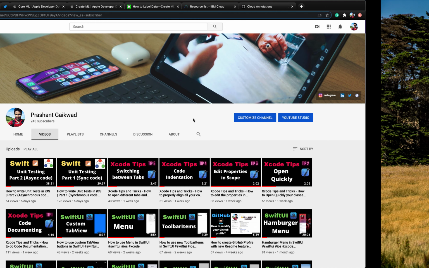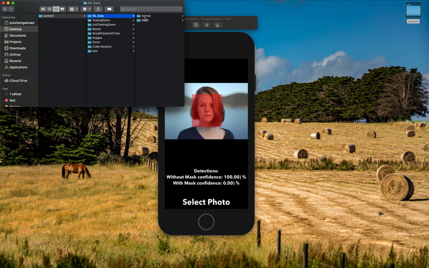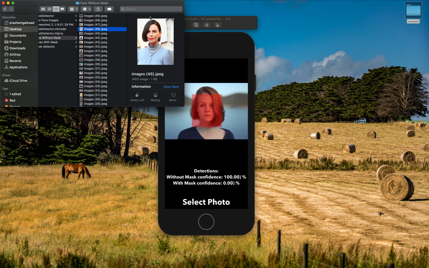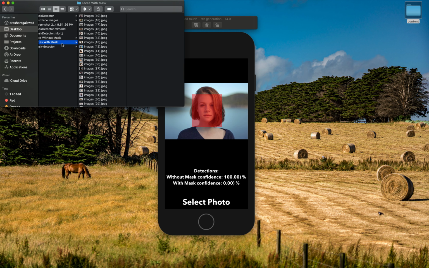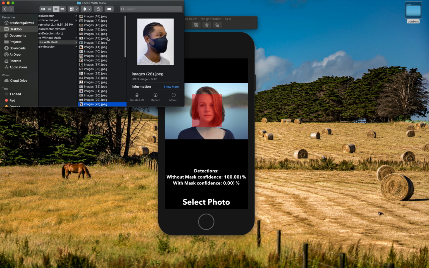So the first thing you want to do, every time you want to create any model for anything, is to collect data. Here you can see I have collected data and I have taken 50 images without mask and 50 images with mask. I will show you, these are all without mask and then these 50 are with mask. It's also possible that one image can detect two things, that is, both persons are wearing masks or not, or if one is wearing and one is not wearing. This is also possible in object detection.